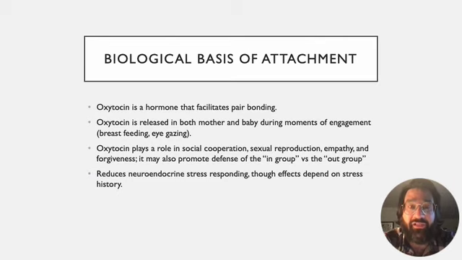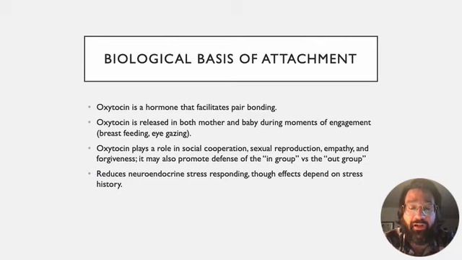That facilitates and strengthens the bond between a dog and their person. So oxytocin plays this important role in social cooperation, sexual reproduction, empathy, and even forgiveness, right? It's what allows us to maybe forgive, right? When we have a strong bond to someone else, we're willing to extend grace and forgiveness to someone who